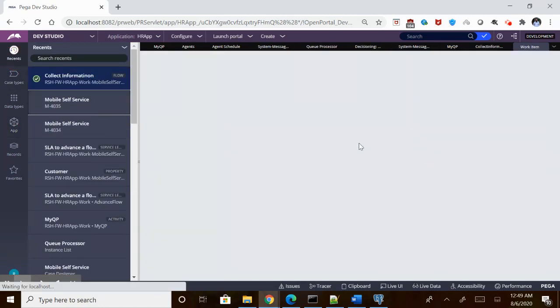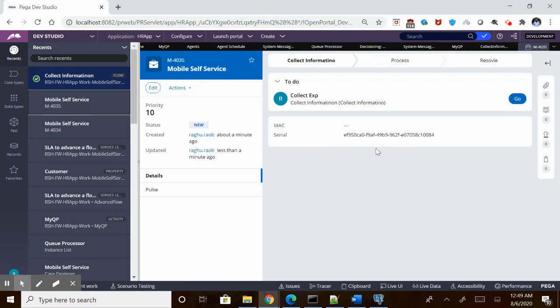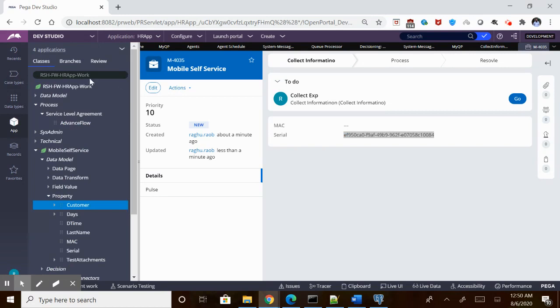4035. So it was the same case, and you can see here the serial number. This serial number is nothing but the item ID which got created. So you can see here EF and it's 010084. You can see the delayed items as well.